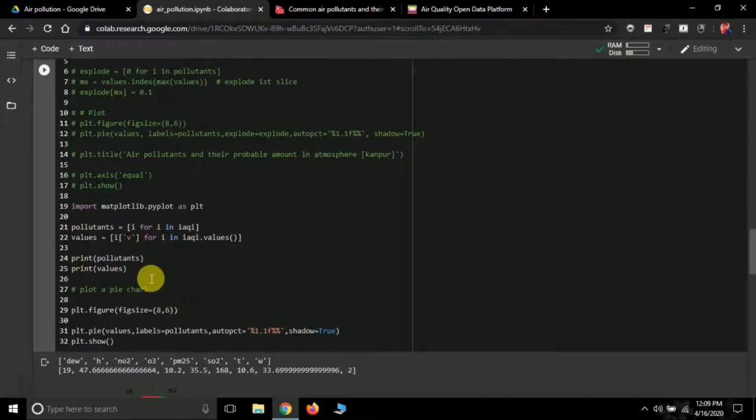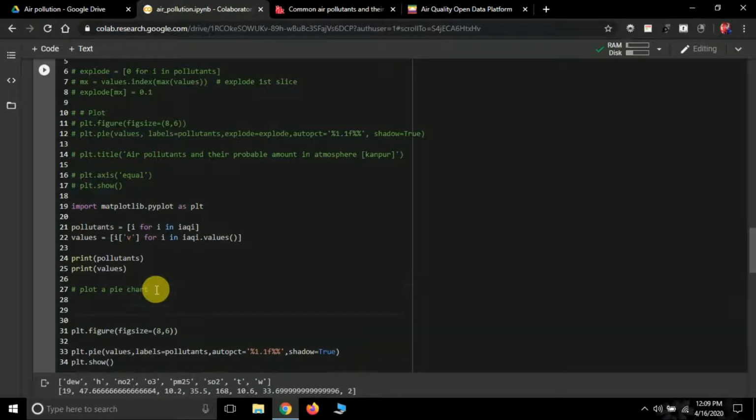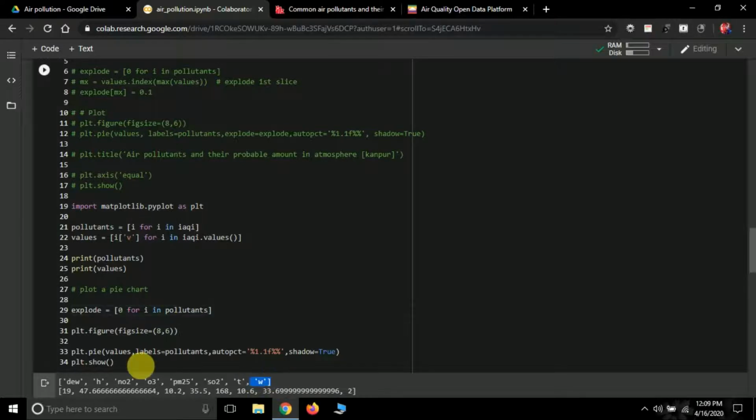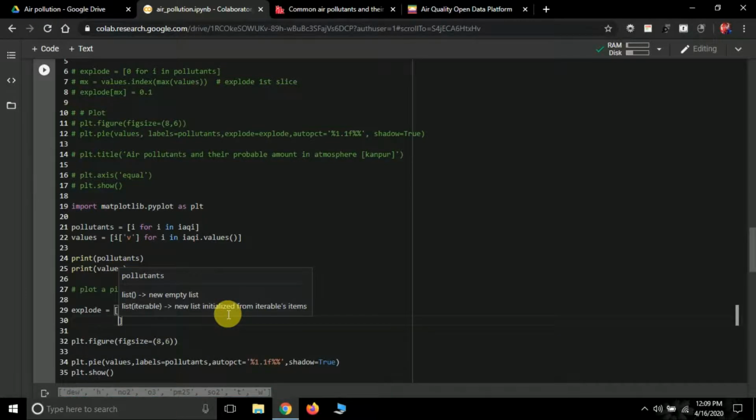First of all, I'm going to create a variable explode, and then use a list comprehension, pass 0 for i in pollutants. See, whatever number of pollutants there are, this list will contain 0 for each name. If there is div, it will store a 0 for it. If there is H, it will store a 0 for it. So let me just print